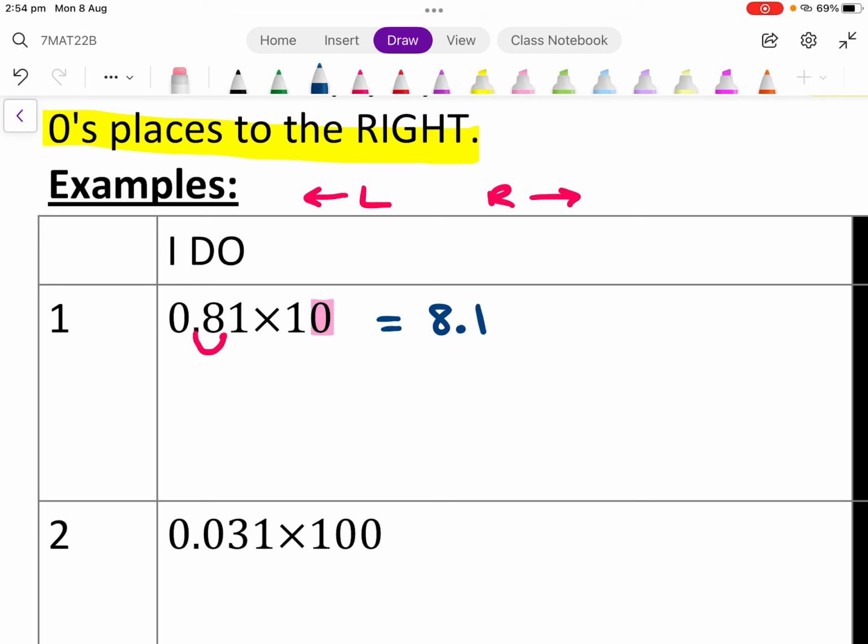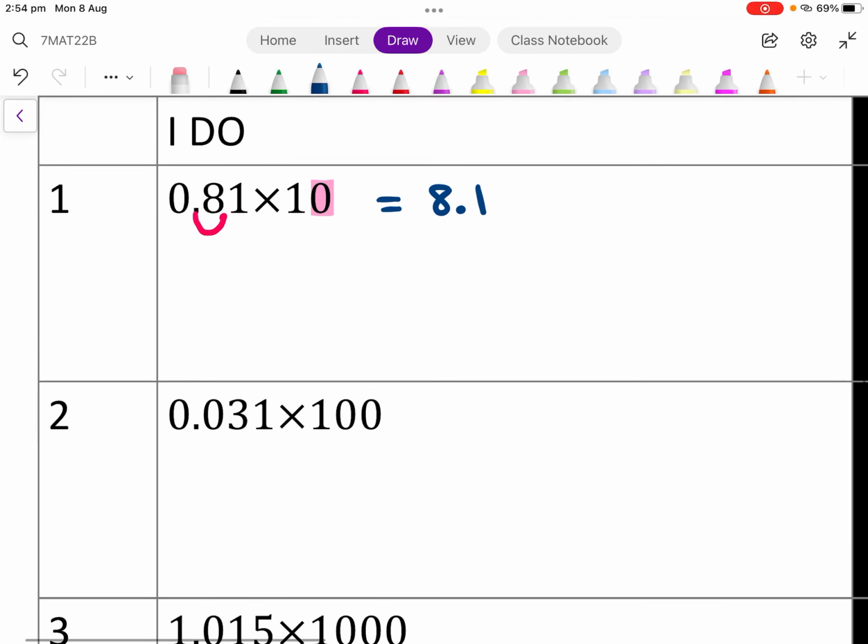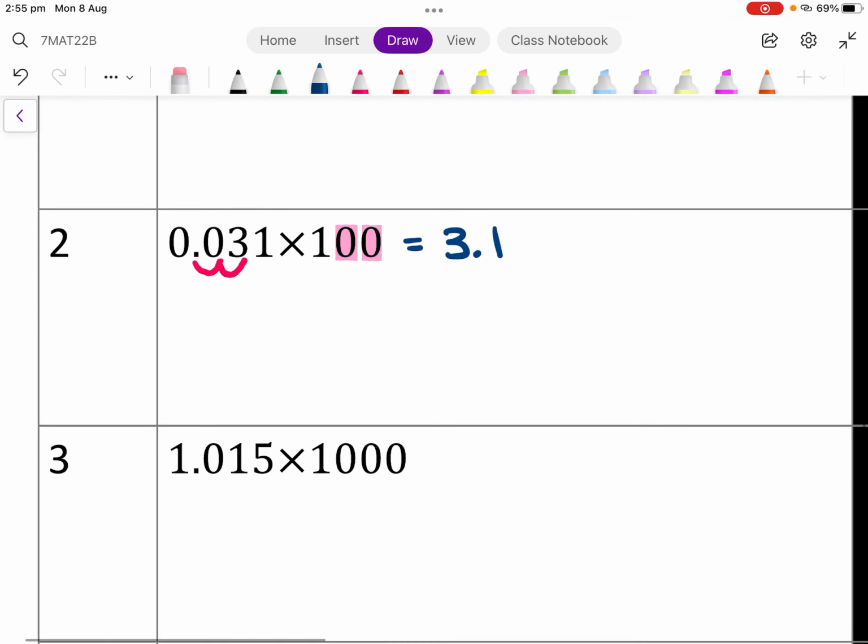1.8. My next one, I have 0.031 times 100. I have 2 zeros in 100, so I want to pick up my decimal point, move it 2 places to the right, so that my answer is 3.1. I then have 1.015 times 1,000. There are 3 zeros in 1,000, so I want to move my decimal point 3 places to the right, 1, 2, 3, so that my answer is going to be